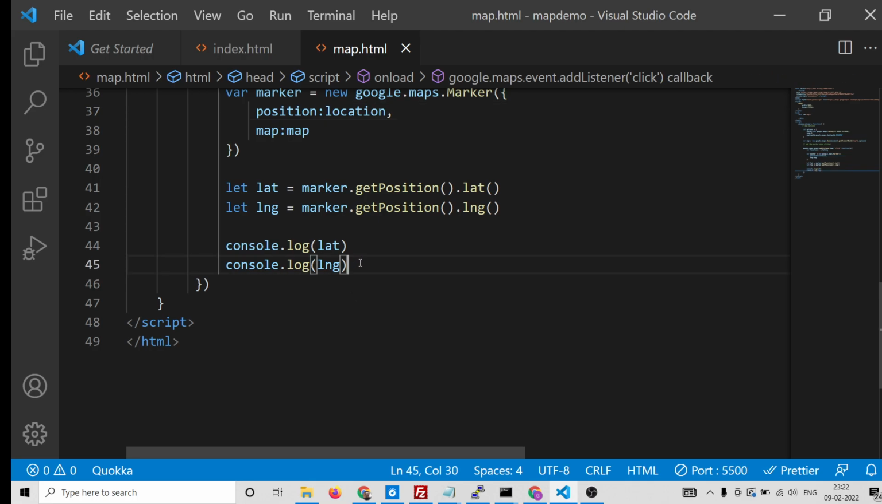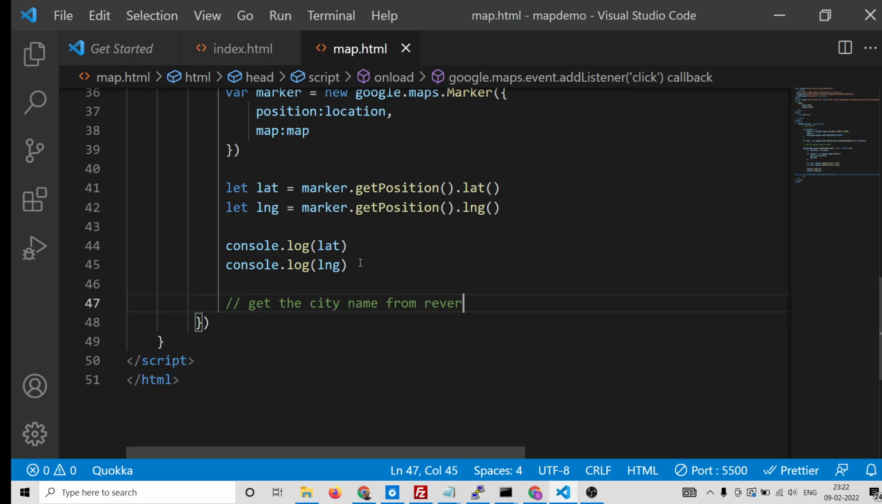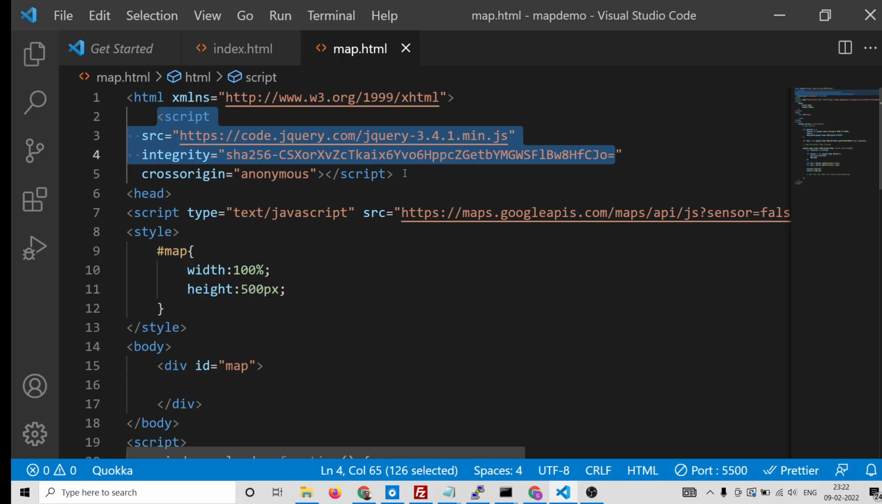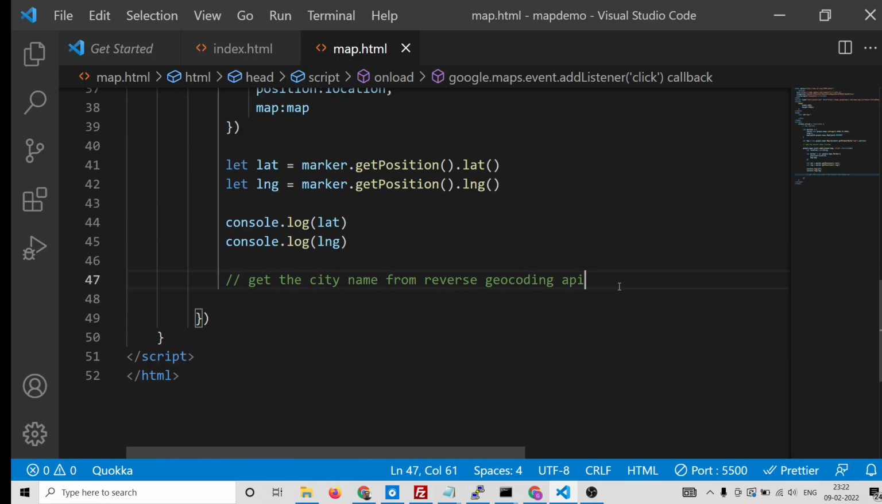Now we can get the city name from the reverse geocoding API. For this, guys, we need to make an AJAX request. For that, you need to include jQuery. So just include that jQuery CDN right at the top of the application. After that, we can use the